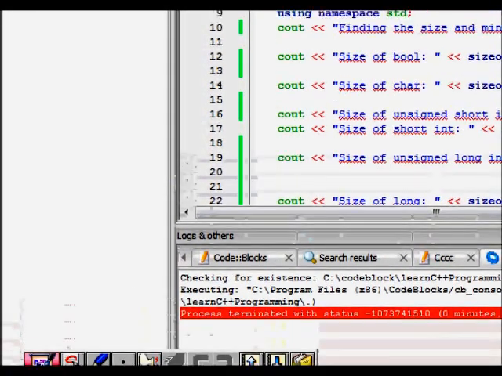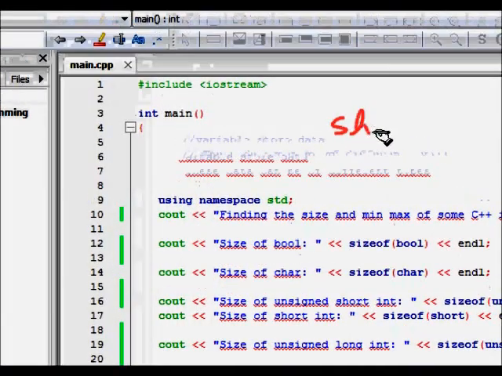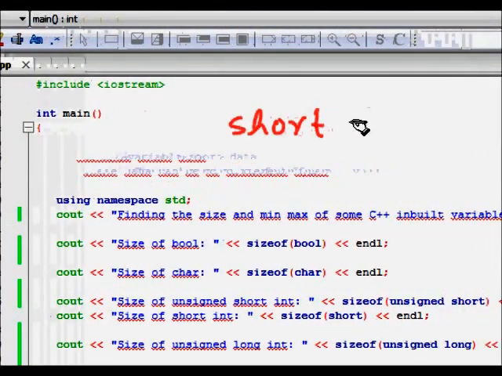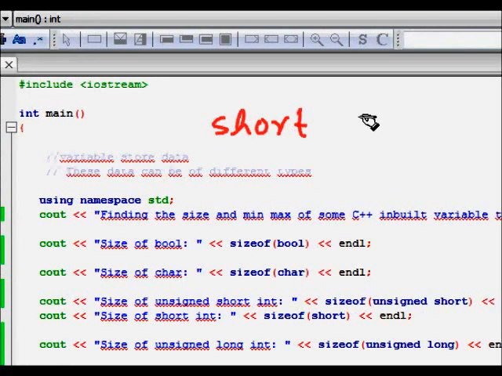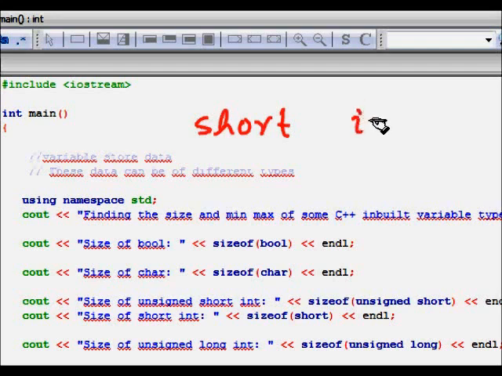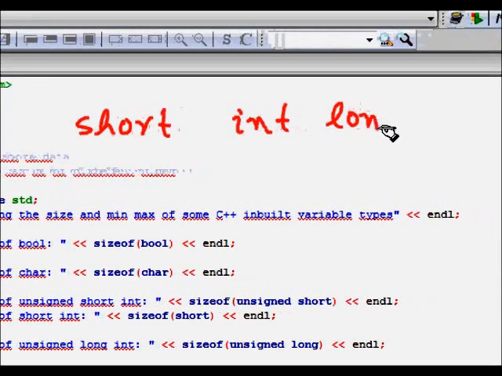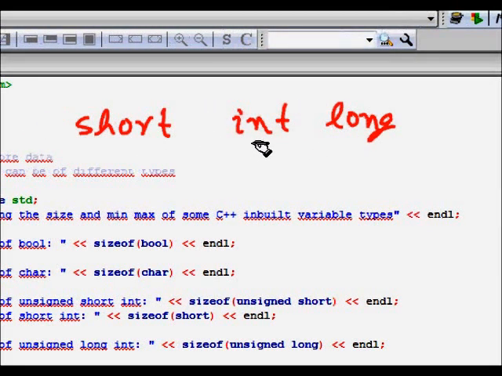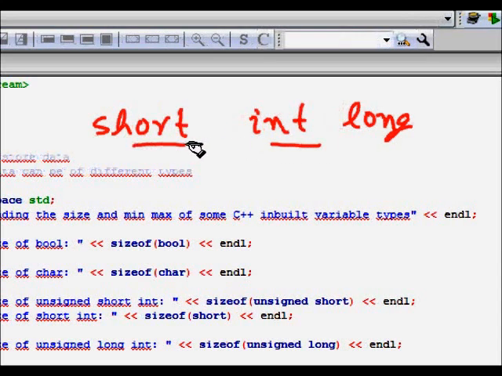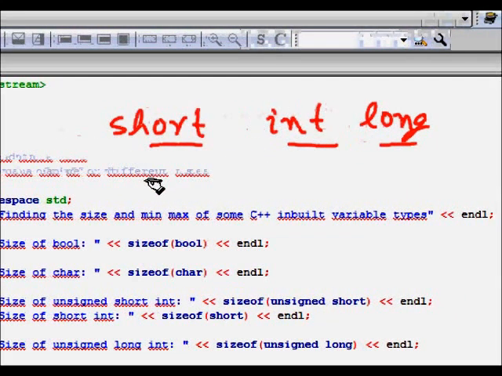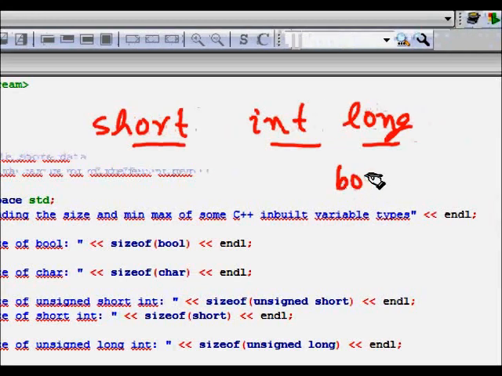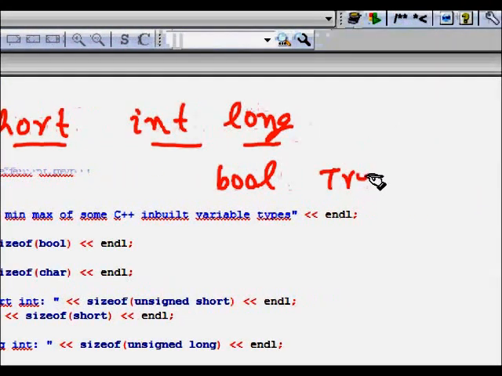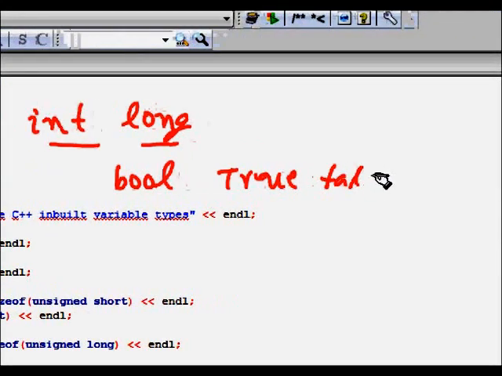Size of unsigned short, okay. So what is short? Let's see some relation between long. There is one called short. Short is also basically an integer, which is smaller than the size of the int. Then we have int, and then we have long. Long has more number of bits than int, greater than or equal to. Short has less than or equal number of bits than the int, but all three represent integers, okay.